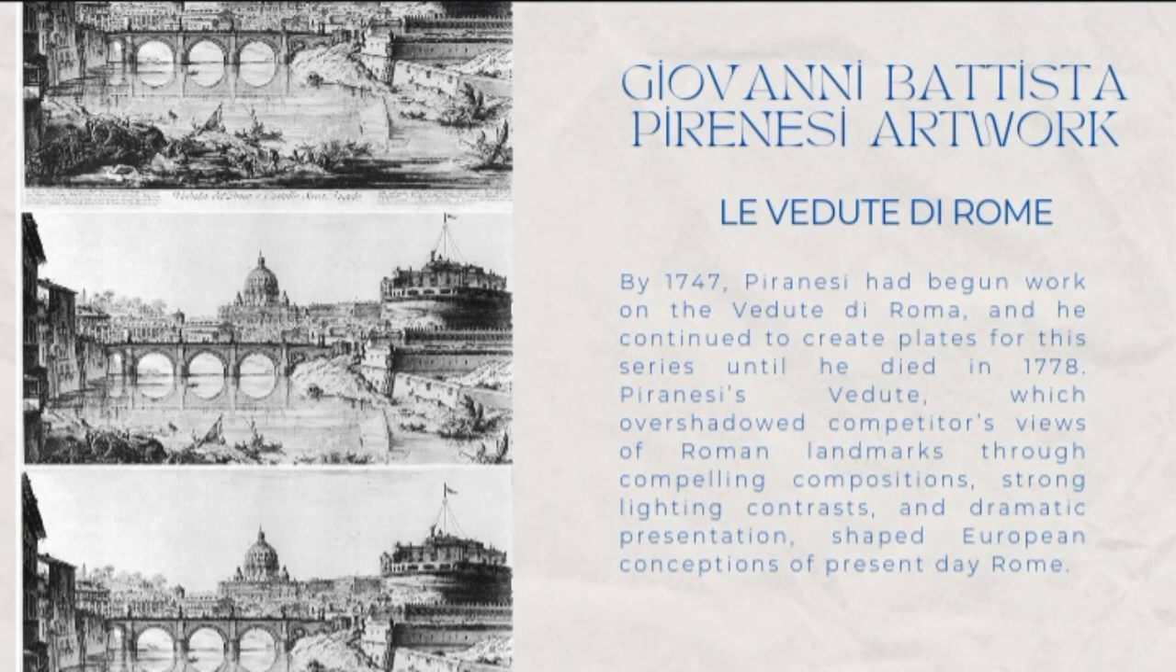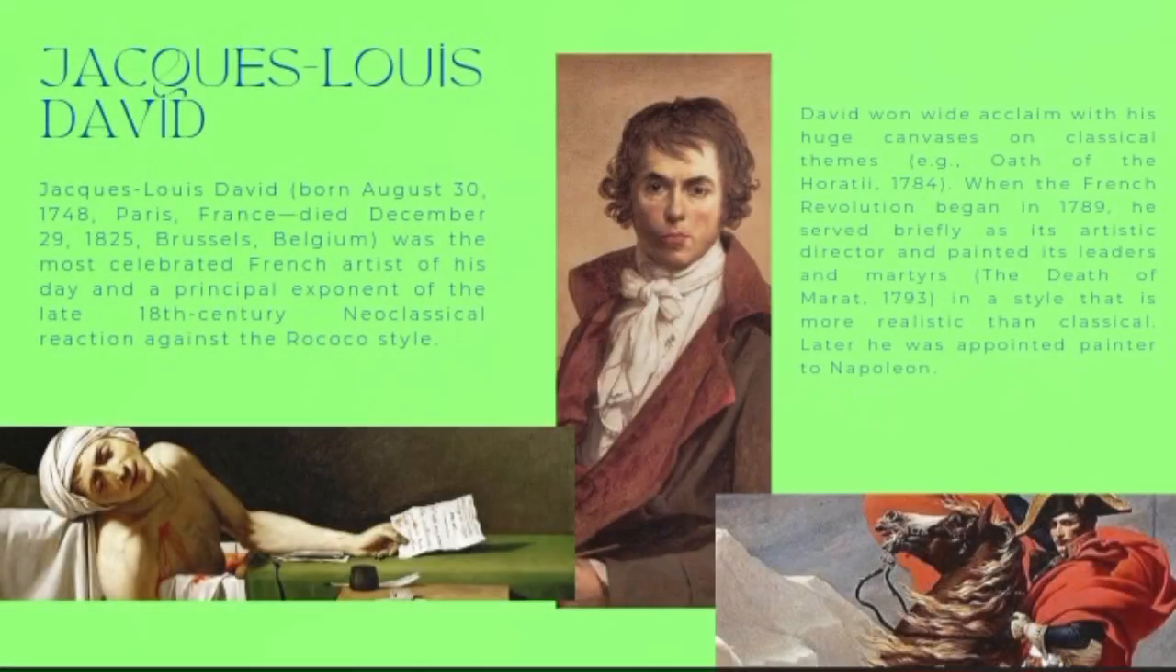Here's artwork of Giovanni Battista, Veduta di Roma, 1747. Piranesi had begun work on the Vedute di Roma and he continued to create plates for this series until he died in 1778. Louis David, born August 30, 1748, Paris, France, died December 29, 1825, was the most celebrated French